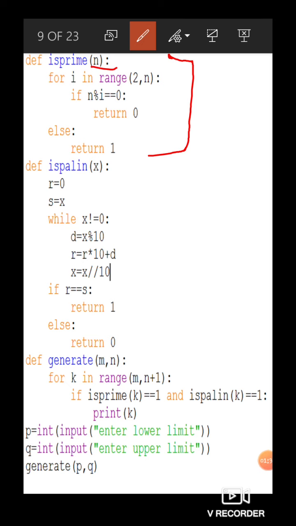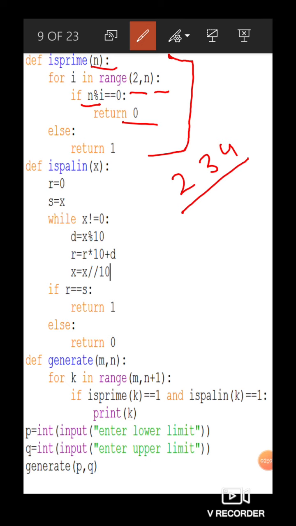So for this we are running a loop from 2 to n, so this number will be divided by 2 up to one value less than n. Suppose n is 5, so it will be checked against 2, 3 and 4 only. If it gets divided by any of these numbers, then 0 will be returned, indicating that it is not a prime number.